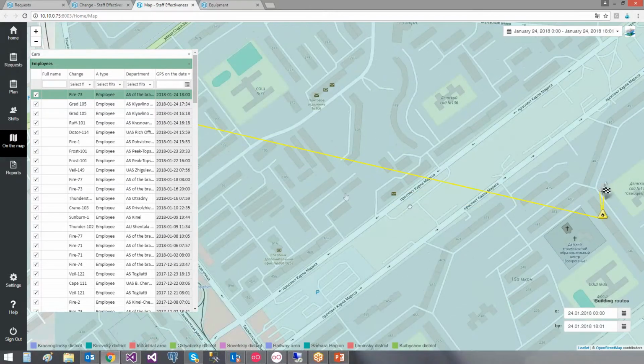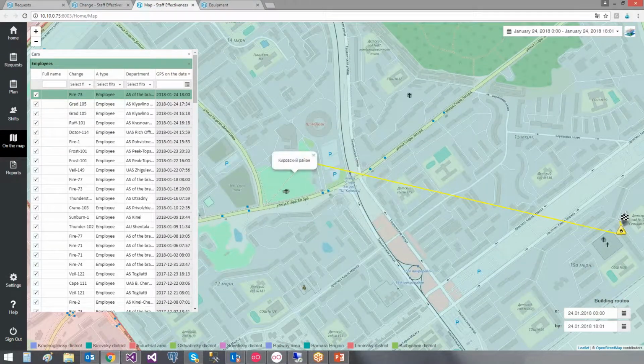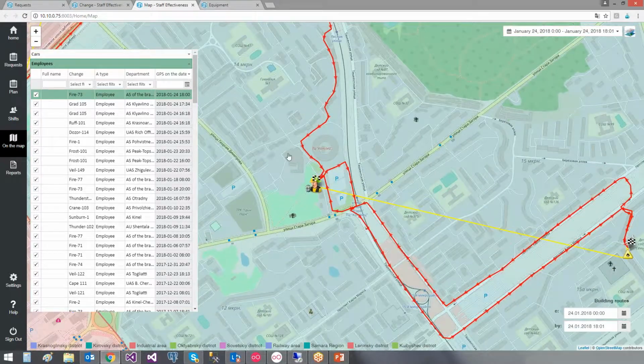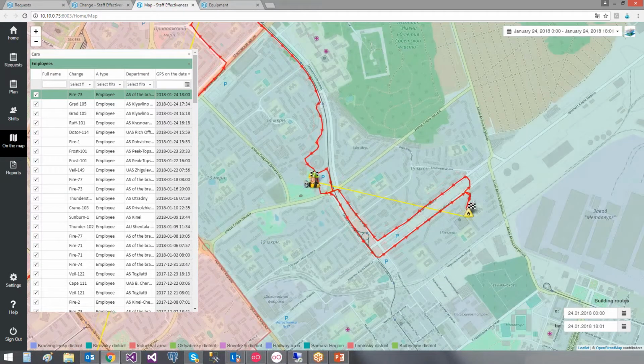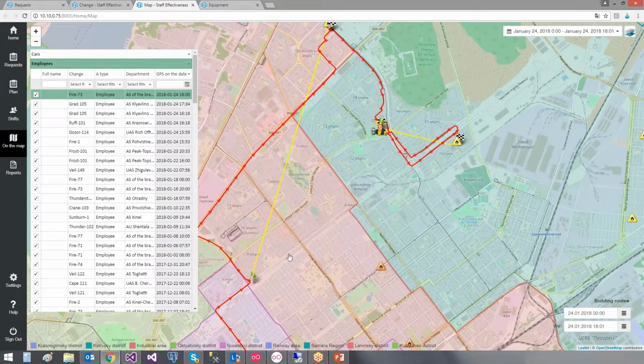How can we get this information? We trace his GPS position from the device. We are using Android devices, and for example, I can also show you the route, and I can see the route this person used today during his working shift, and I can see how it corresponds to the requests he was actually